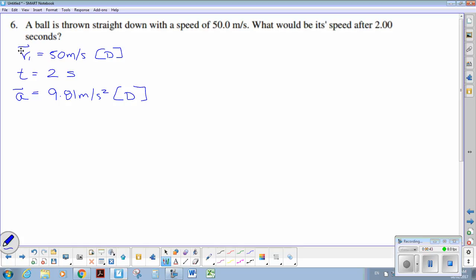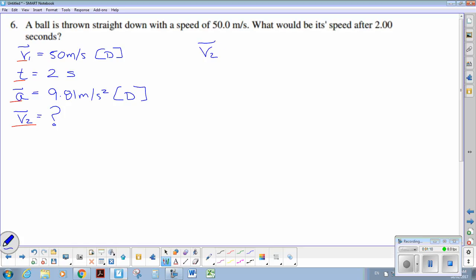We are looking for, what are we looking for? What would its speed be? So we are looking for a velocity, or v2. So now this is just a matching game. The reason I like you listing your information is you now go to that formula sheet I provided, and you look for the formula that has these 4 variables. You're looking for the equation from your formula sheet that has those 4 variables, and hopefully you're